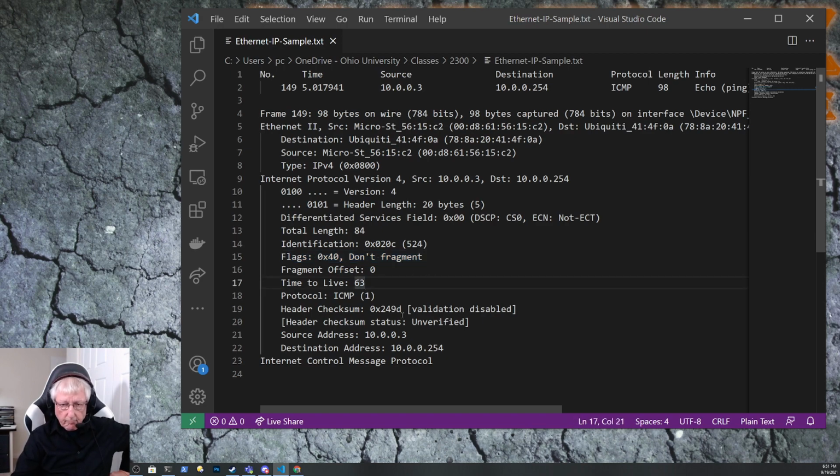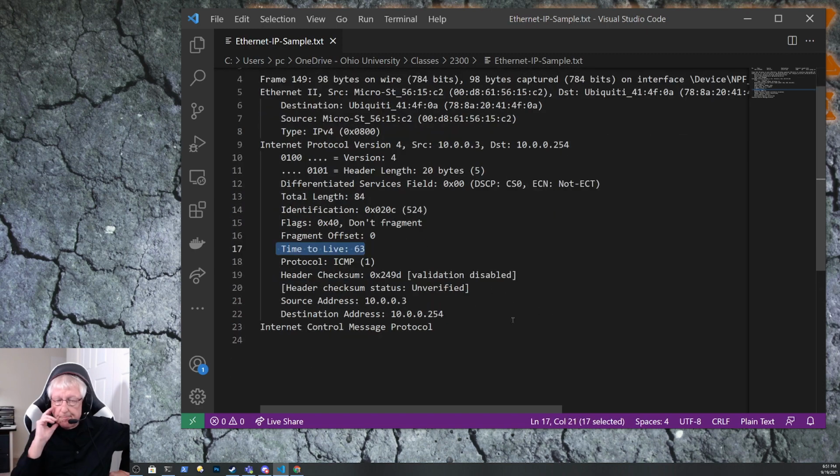All right. We talked about in class about the time to live field. So this packet has 63 more hops to go. Right, so the next router that sees this packet and forwards it will subtract 1, so the packet will have a 62 time to live entry, and the next router will subtract 1, will be 61, and so on. If it ever were to reach 0, the packet would be deleted. So that prevents, if there's a routing problem and packets are basically going around in an endless circle, after a while they just get deleted and don't overload the